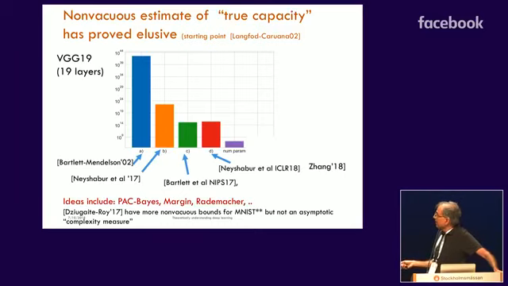And then in the last year, Neyshabur et al. came up with a better bound, which, if you compute it quantitatively for 19 layers, is something like up here, and so on. Bartlett et al. had a somewhat better one in NIPS and ICLR. There was this other Neyshabur paper, and by the way, the number of parameters is down here again.